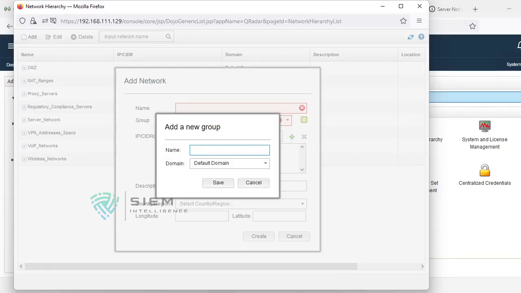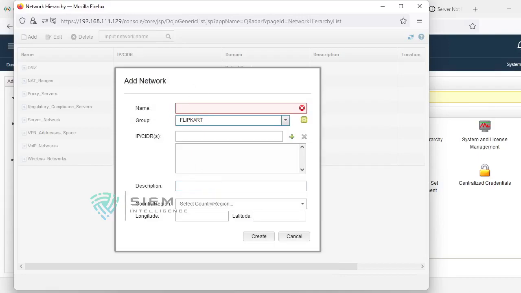What is the name of the group? That is Flipkart. Okay, now here it is asking what the domain is. The domain is my Flipkart.in. Okay, it is interlinking. If you are watching from tenant management, it is interlinking to domain management. Domain management is interlinking to this particular network. Okay, and each and everything will be shown. Okay, now press save. Now you have created one group.